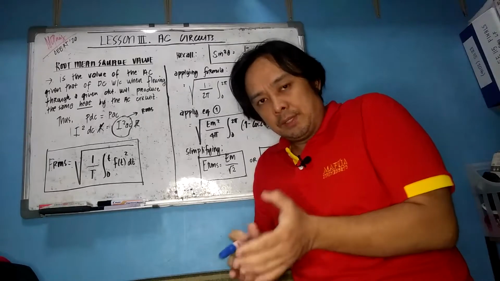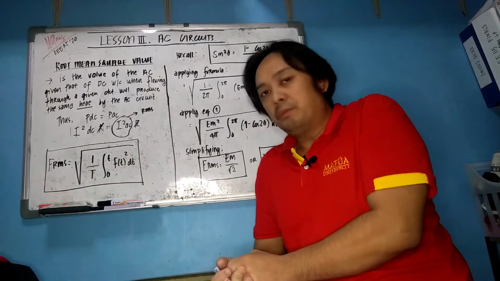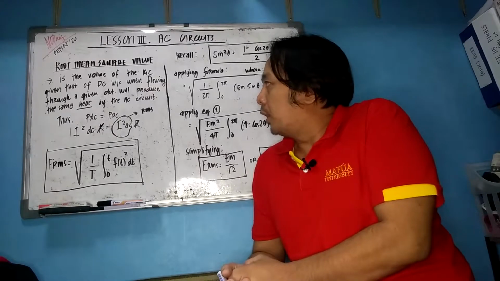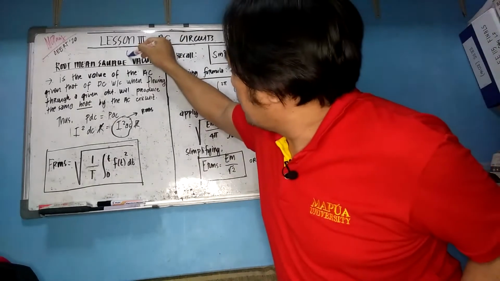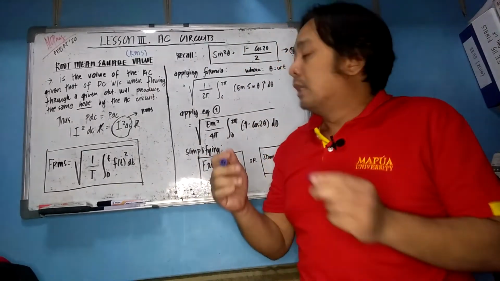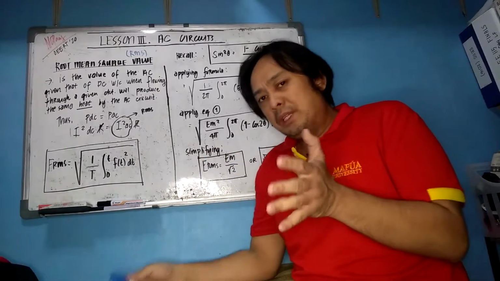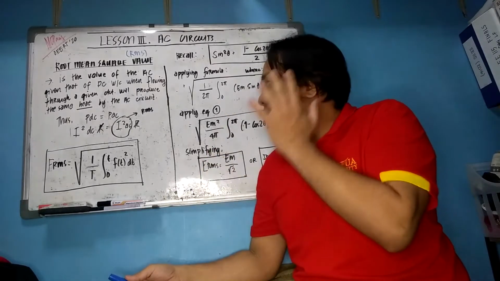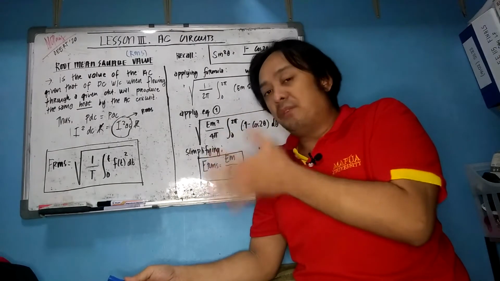Now we will discuss the continuation of the generation of AC voltage, and we are on the root mean square value. The root mean square value also has an acronym, RMS value of the signal. What is the root mean square or the RMS value of a certain signal? So this is the value of an AC